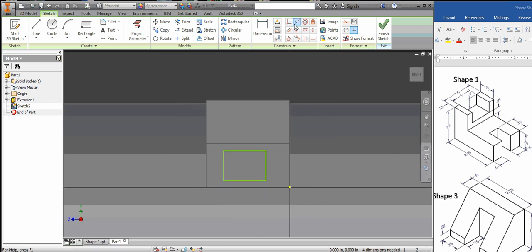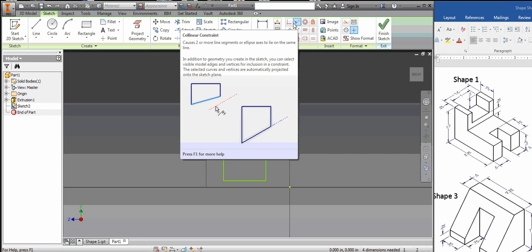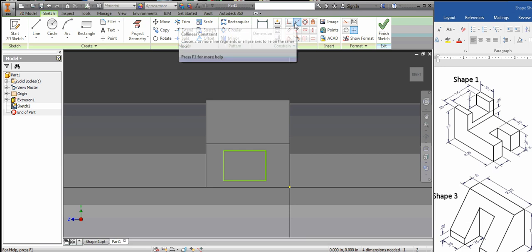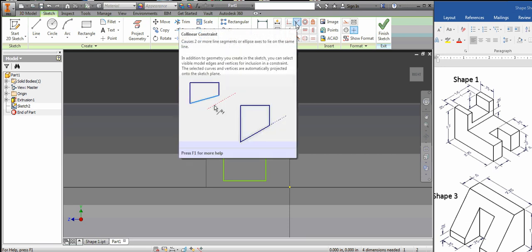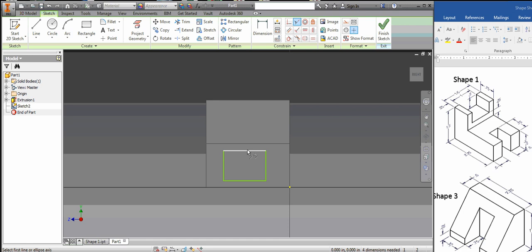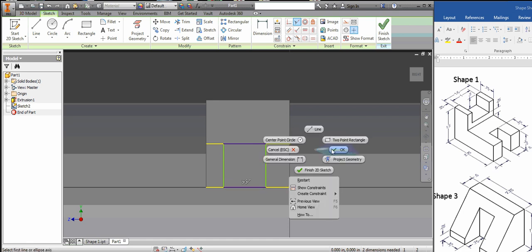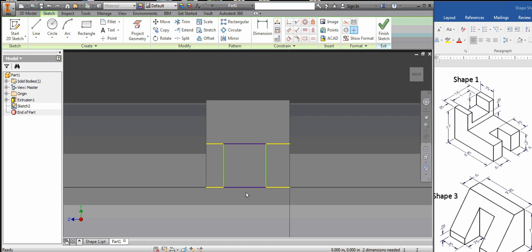So I'm going to use what's called my collinear constraint. It's like a coincident constraint, but it makes two lines the same line. So I select it, and I select my two lines, and it makes them the same. I select here and here, and it makes them the same. You notice those lines turn blue, but these ones are green because we haven't told it how far away it